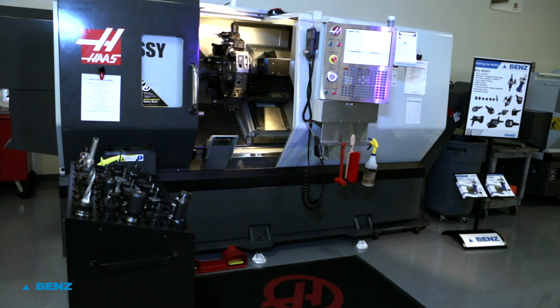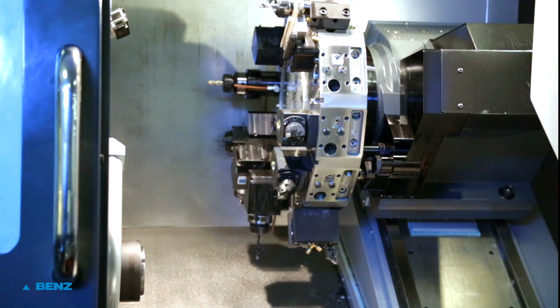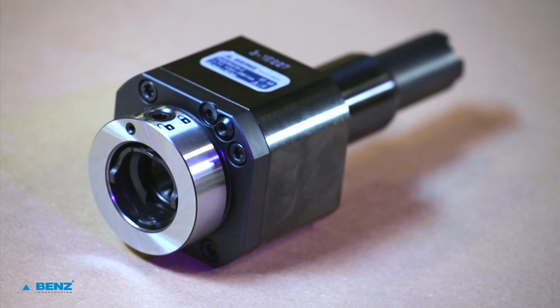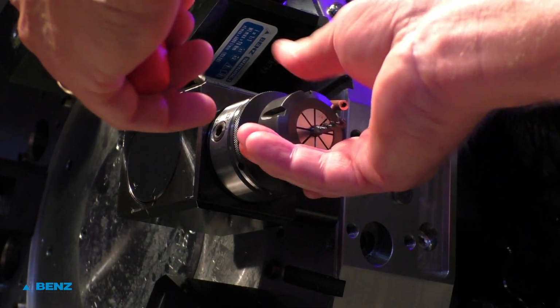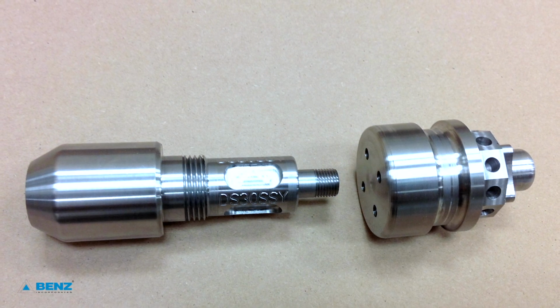Customers routinely ask, how can I reduce time-consuming setup on my live tool lathes? The answer is much easier if the question is asked early in the purchase process, as the correct tool selection will dramatically reduce setup time. In this demonstration, we will take two completely different parts and show how to reduce the typical setup from 2